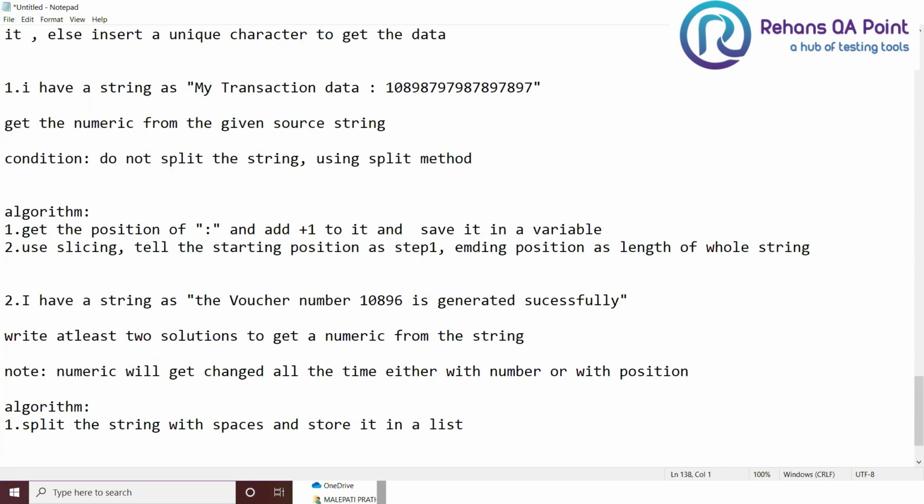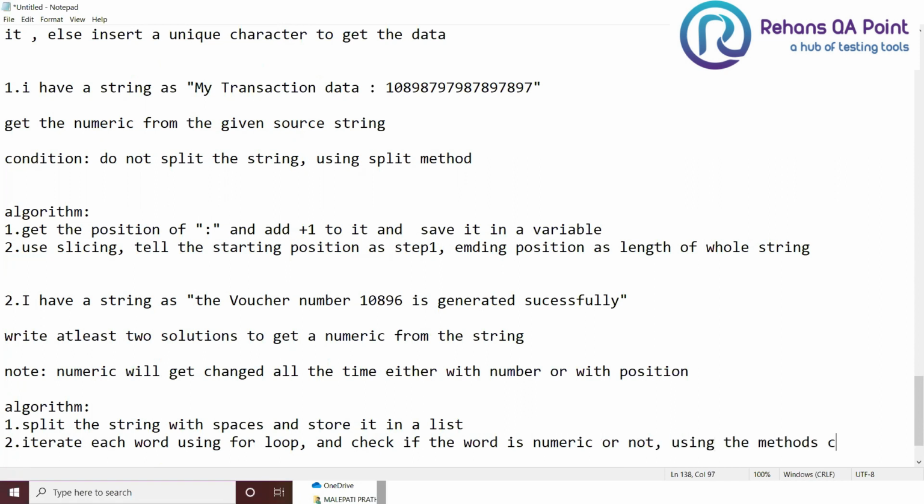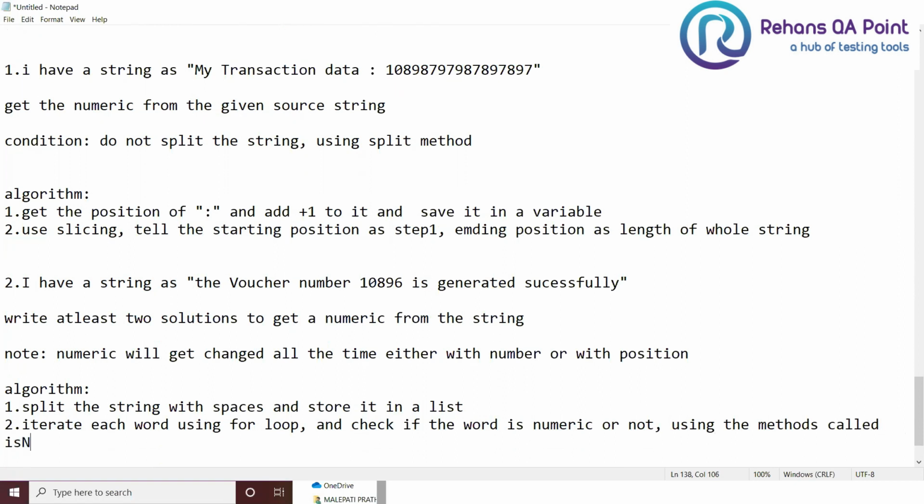Now iterate each word using your for loop and check if the word is numeric or not, using the method called isnumeric. These two steps are going to help me get the data.